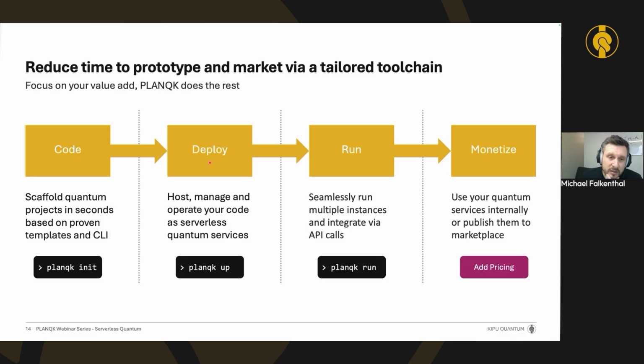And especially this deployment part, which we support as a subsequent step after the coding, makes it super easy for developers to deploy their code that yet resided on their local lab machines to a quite powerful